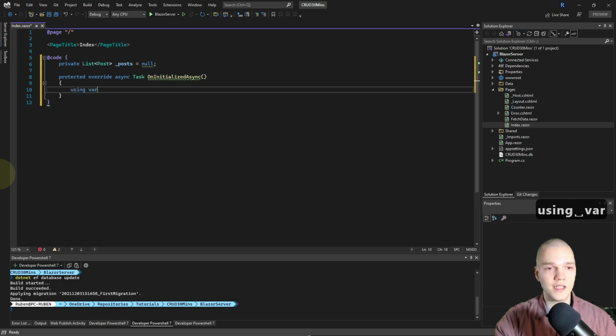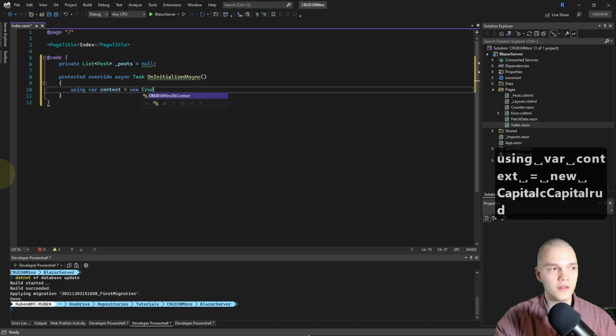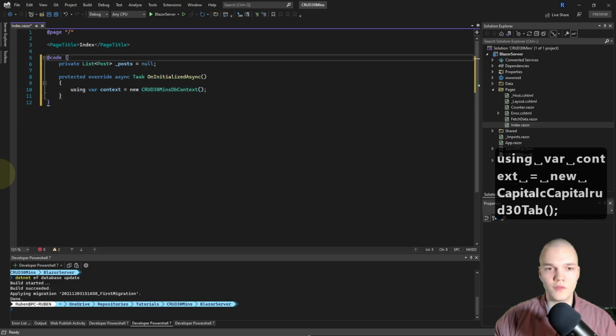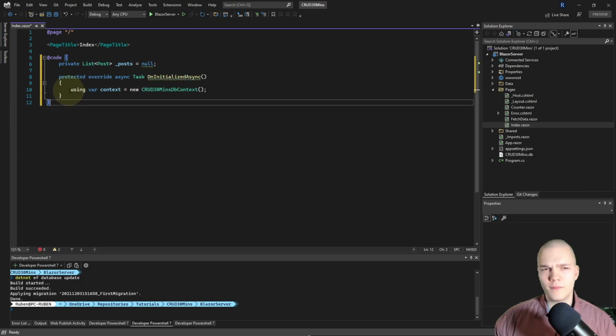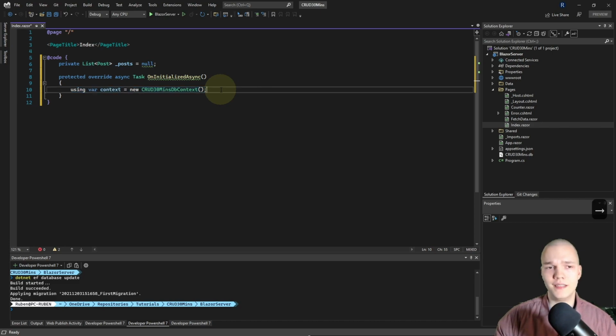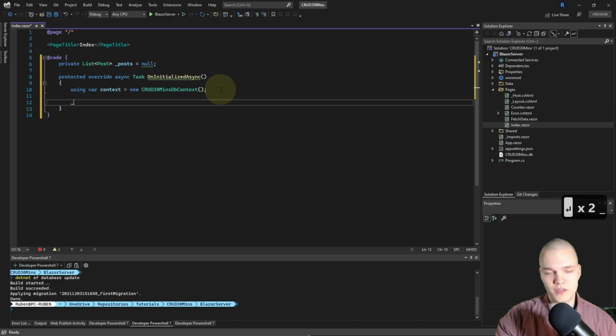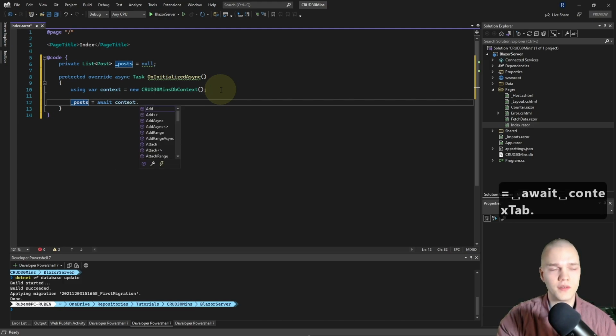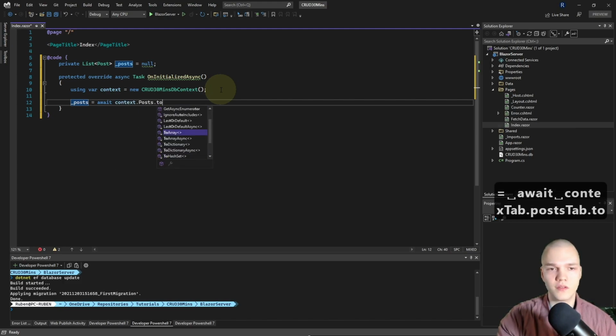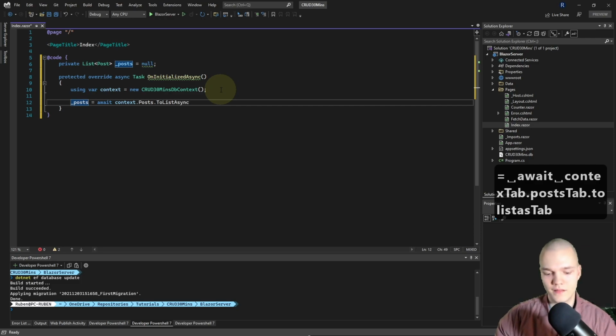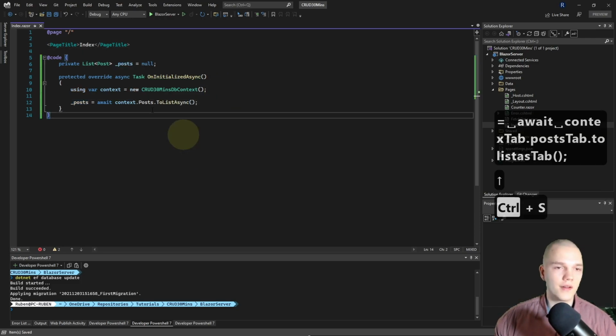I'm gonna do using var context equals a new Crud30MinDbContext, and I believe the garbage collection will automatically clean it up for us if we use it this way. Right, and then I'm just gonna set _posts to await context.Posts.ToListAsync.